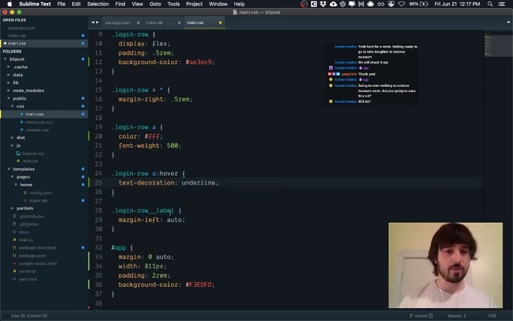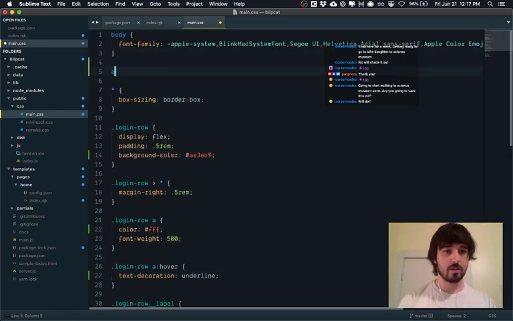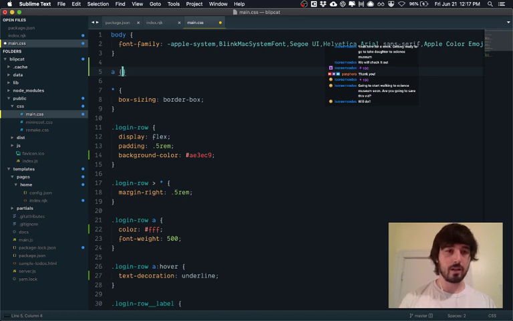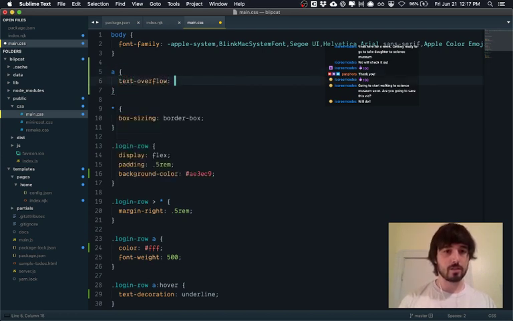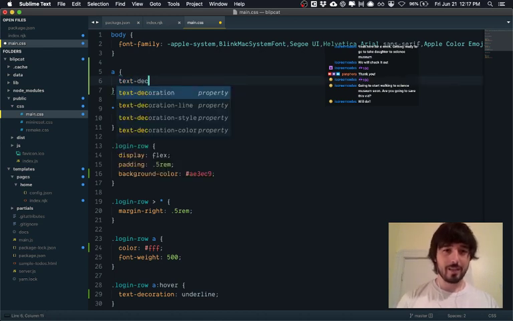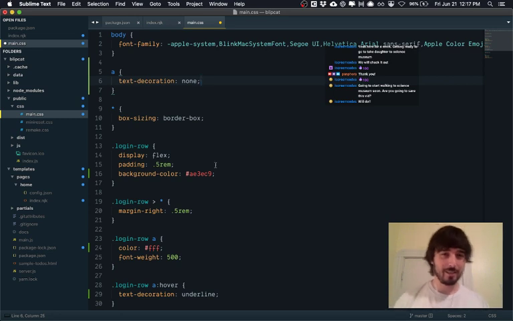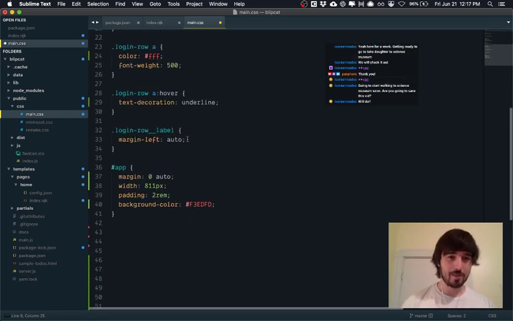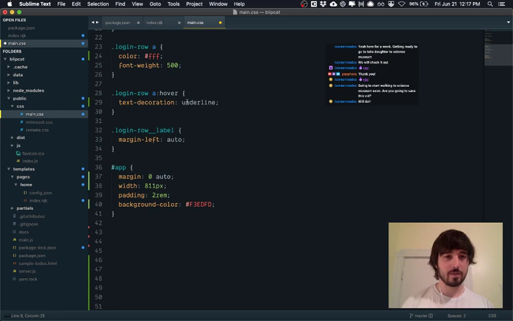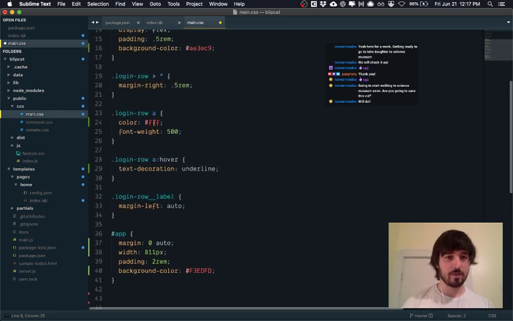And then by default, we're just going to turn off underlining on anchor tags. So we'll do text decoration. I already forgot what it was. Okay, text decoration. So we have underline, we have color FFF,